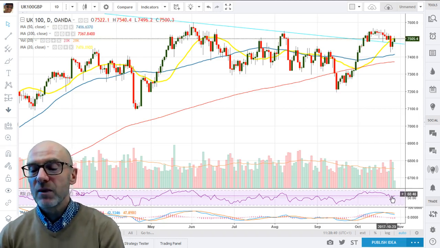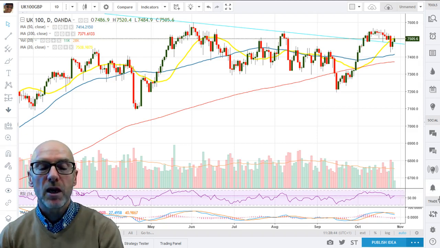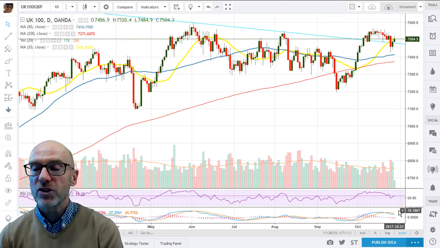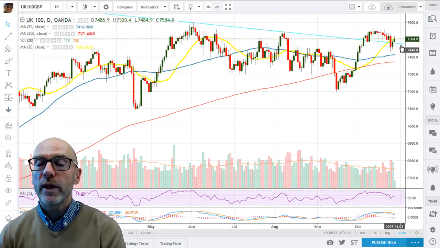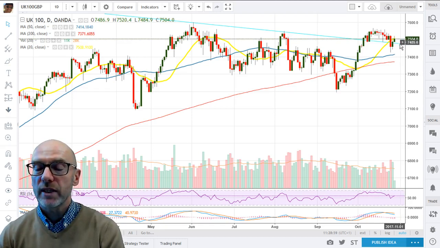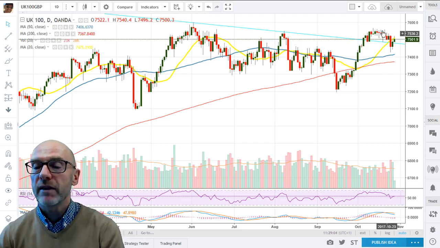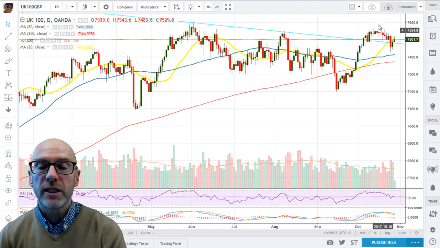Momentum, we are starting to slightly lose momentum. The RSI does need to pick up, but it's still above 50, indicative of positive momentum. And this loss of momentum is indicated in the MACD as well. So we would prefer if that starts to tick up. So maybe before we get above the 20, we'll consolidate, let the RSI and MACD unwind before they move up again, and that will then give the push through the resistance.